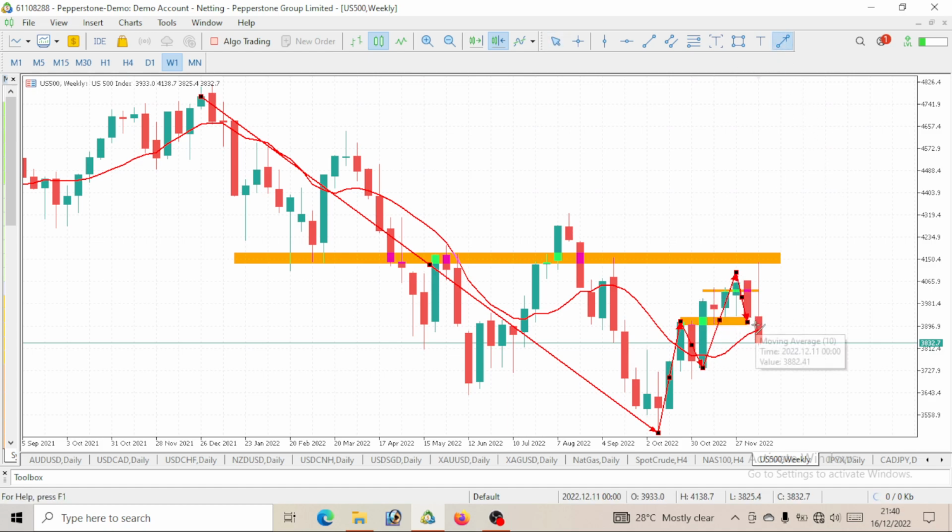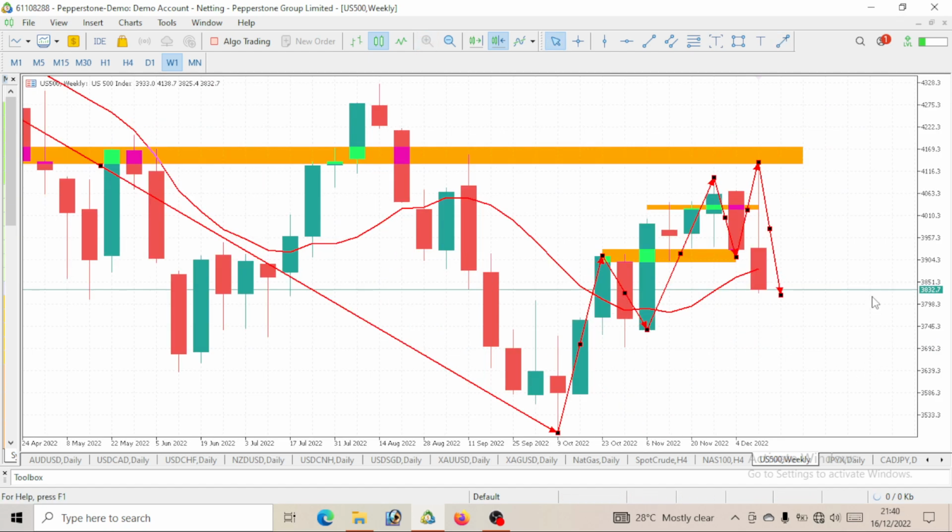The week that just finished, I told you guys that we should expect a bullish move to a level of 4,100. Price got to that level, even broke above it. And after that, we expected a drop. So now this price is dropping. That still tells you that this price is now on a bearish move. So this week that we open, we should also expect our price to open and close bearish.